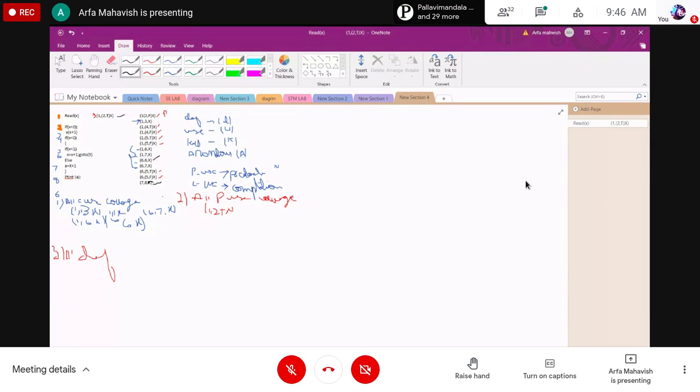Next we have the value, and one more thing should come in the 3rd line. In the 3rd line we are assigning a value, a equals x plus 1.